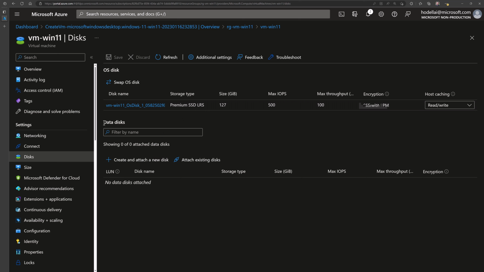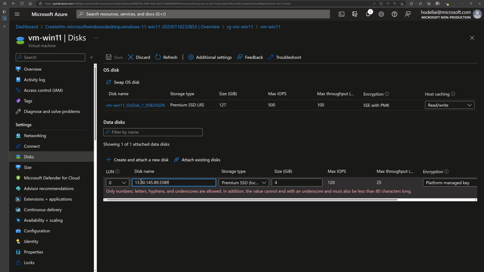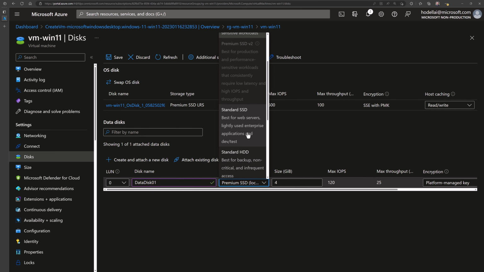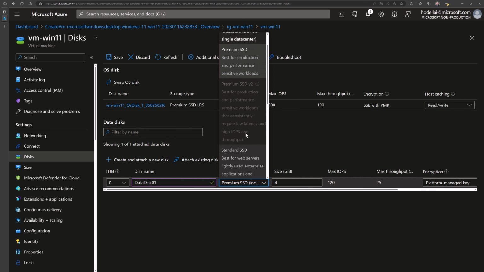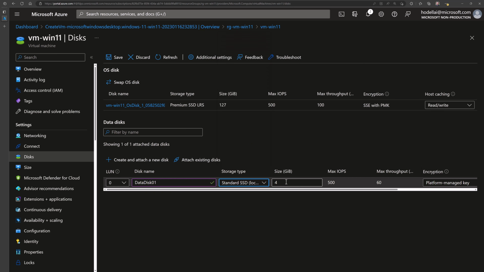And then I can view the section for data disks. For now I don't have any, but I can attach an existing disk, or I can create a new Azure disk. In this case, I'm going to name it, for example, data disk 01. Then I'll choose the type of that disk to be premium SSD, for example, or standard SSD, and so on. I'll continue with the standard SSD, and for the size of that disk, I'll continue with 512 gigabytes,